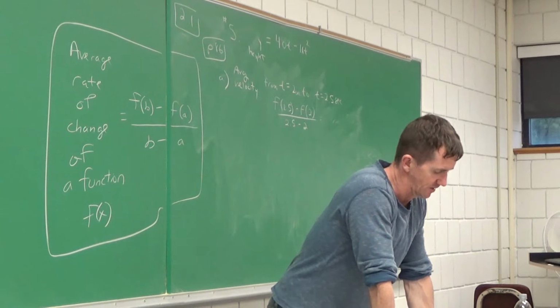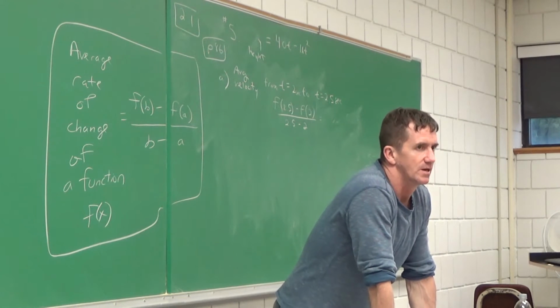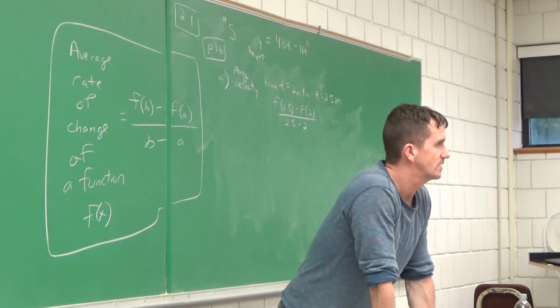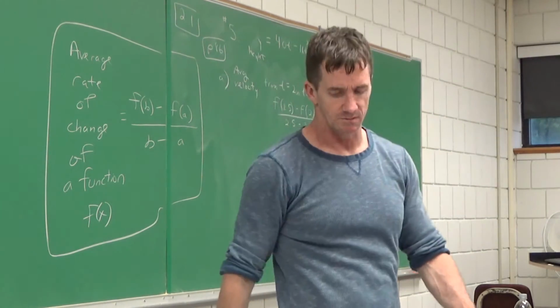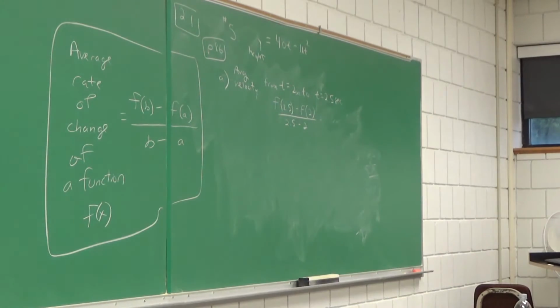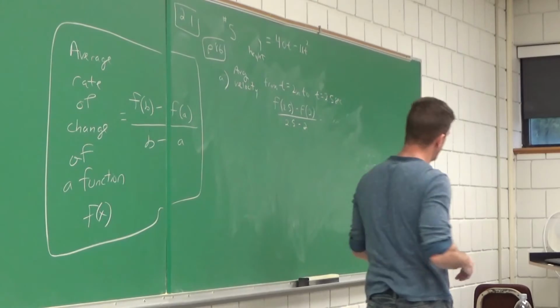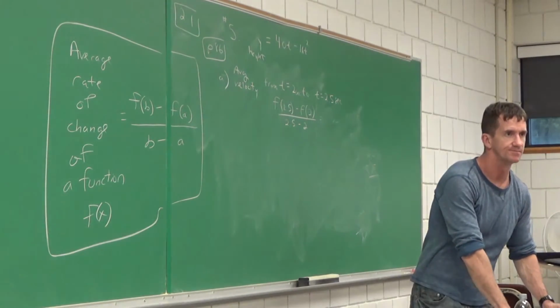So on average, everyone, how fast was this ball traveling? Don't be shocked if you get a negative answer too. Because everyone, can velocity be negative? Excellent. So when I threw that chalk up in the air there, when it was going upward, it had positive velocity. When it was going downward, it had negative velocity. Cool.